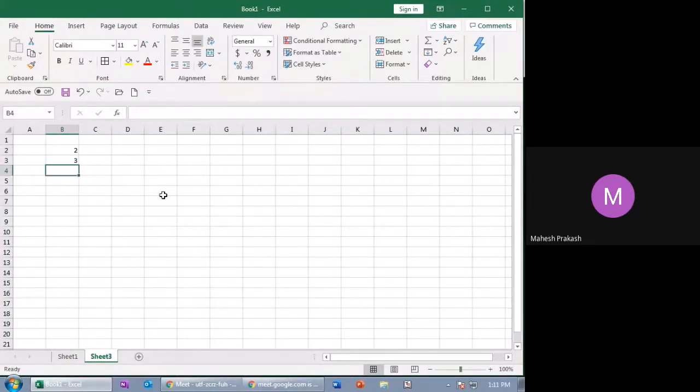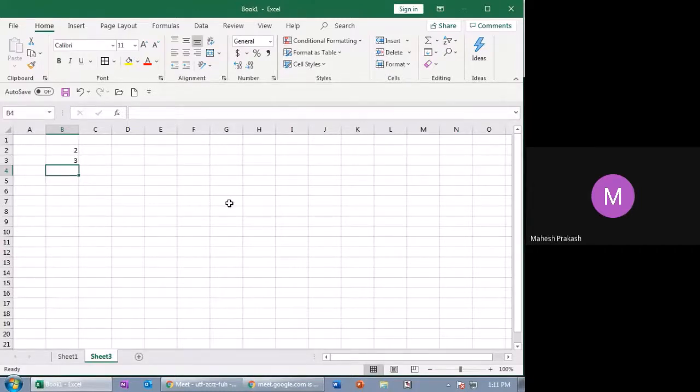In Excel, a formula always starts with the equal to symbol. You should remember that. The moment you type equal to in an empty cell, Excel comes to know that this person is going to perform some calculation or some formula.